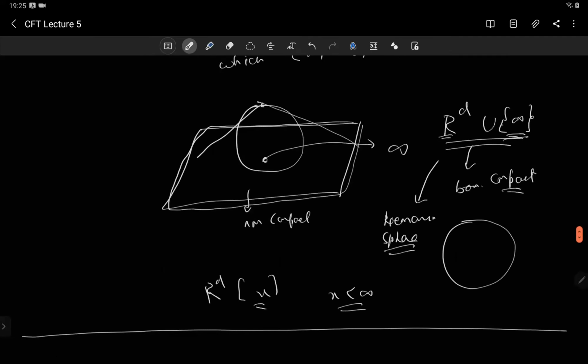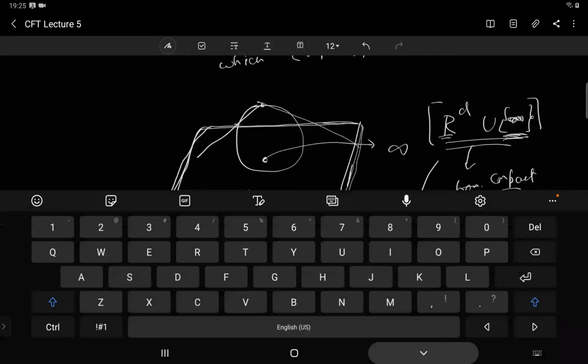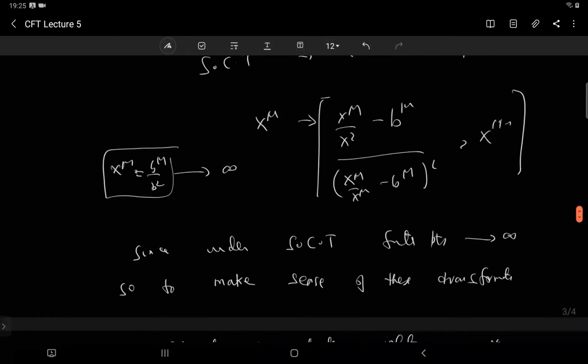So basically you're not only including infinity, you're also identifying all the points. All the points of infinity are identified as a single point by these special conformal transformations. Okay, so all points at infinity are now labeled by a single point, which I'm just calling infinity. This is just a label now. It's a single point. Okay, and then this space is the space on which your conformal transformation acts. Is this clear?